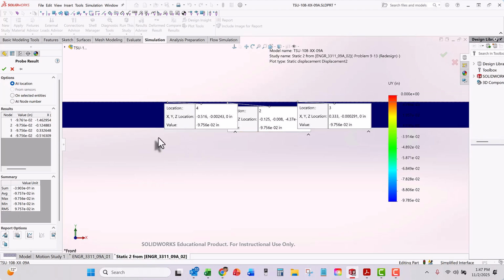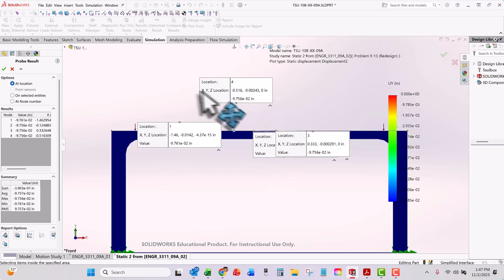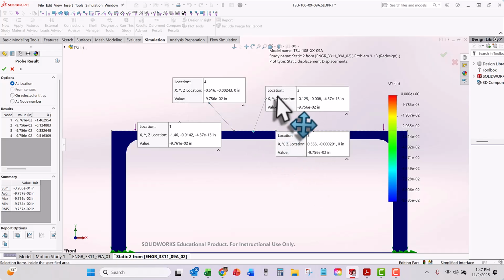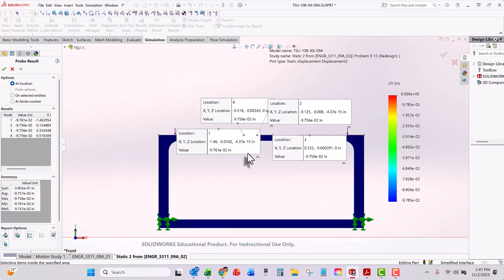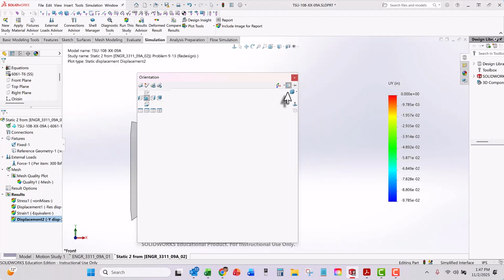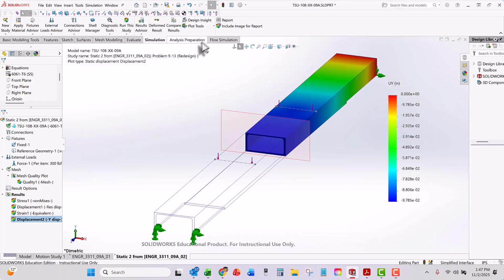So for your turn-in, just give me a plot here so I can see your deflections, and they should match within about 5 thousandths, 5 or 10 thousandths, to the calculated value you got on your hand calculations, and send that as a screenshot before class starts, so you get those points for that part of the assignment. So I'm going to back off one more time and go look at the model